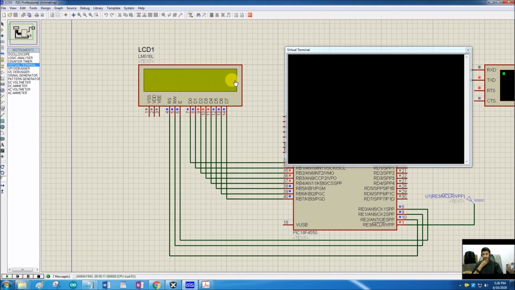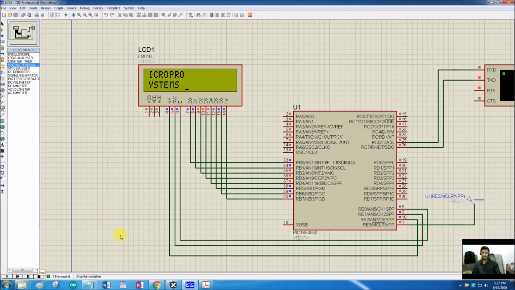See here. Now for some of the time the LCD is blank because the registers inside this LCD are of 40-bit size. Only the display in some cases has 16 characters, in some cases has 20 characters, in some cases has 40 characters in one line, but the internal registers are same for all of them, and that's why the same code works on all of them. So this blank portion means that those blank registers are now being displayed onto the LCD. So our program is working pretty fine.